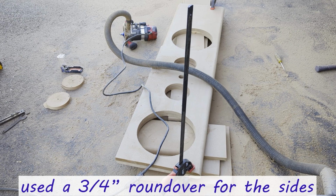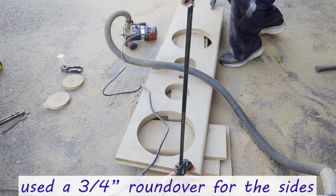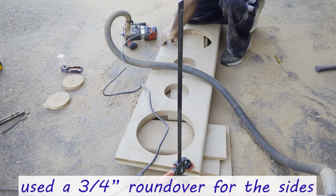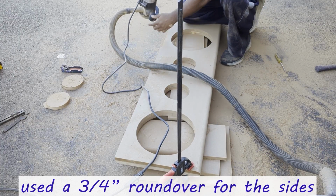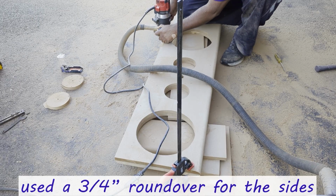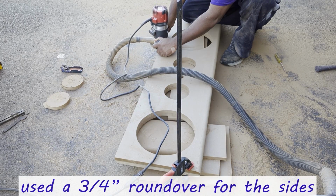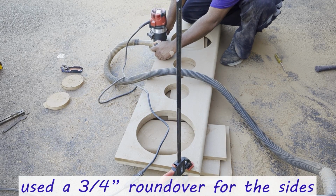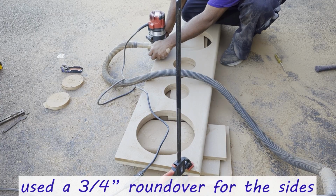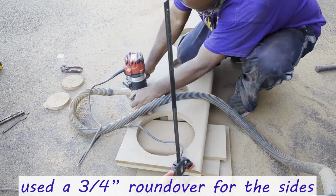Safety note here, please make sure you wear a mask when you're working with MDF and basically any wood, but especially MDF. You're going to do a lot of cutting. Please make sure you wear a mask. Look at my garage floor. It's supposed to be black, okay? And that's just from a few roundovers I did before. I mean, it generates a lot